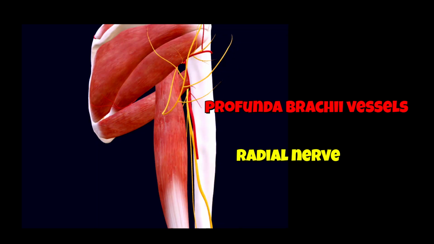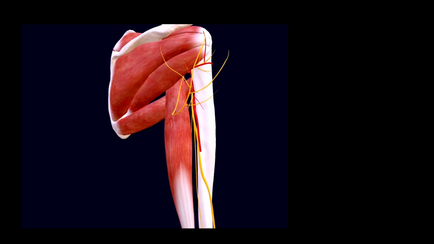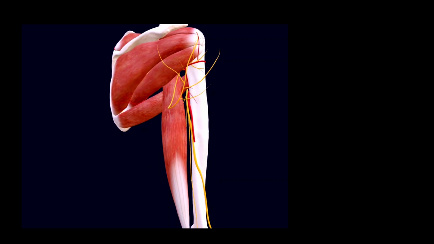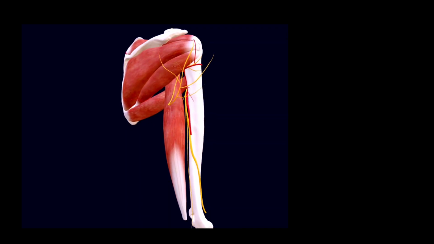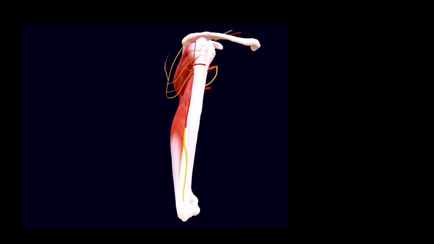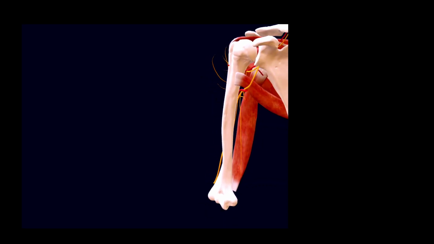This is where the radial nerve and profunda brachii artery enter the posterior arm, supplying the triceps and continuing down the radial groove. All these spaces together maintain continuous vascular and neural communication between the neck, shoulder, and upper limb. The arteries form the scapular anastomosis, a network allowing collateral circulation between the subclavian and axillary arteries. This ensures blood flow even if one route is blocked.